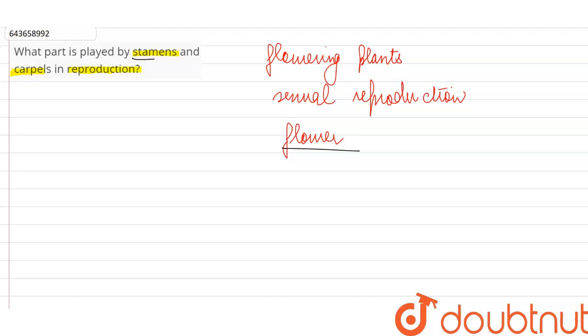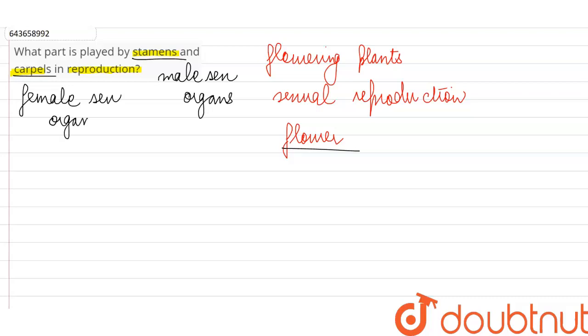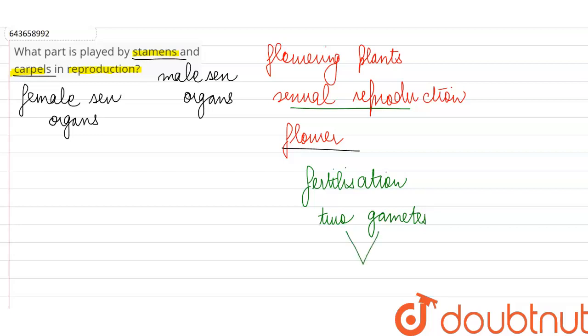So the stamen is a name which is given to the male sex organs, whereas the female sex organs are known as the carpels or the pistils. So what role are they going to play? Obviously, these sex organs are very important in the process of sexual reproduction, because for any sexual reproduction, we need fertilization. Fertilization means that two gametes are going to fuse with each other, one male gamete and one female gamete. They are going to come together, and only then a new plant, a young plant or an embryo can be